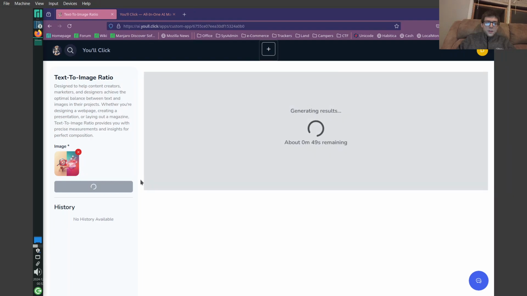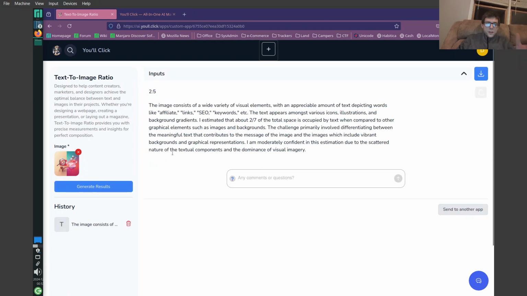But anyhow, it's going to give us not only the calculation, well, there it does a better job than me. So the ratio was 2 to 5, so that means 40%. So it's a little high. You might get charged a little more for this picture if you choose to advertise it, but it says